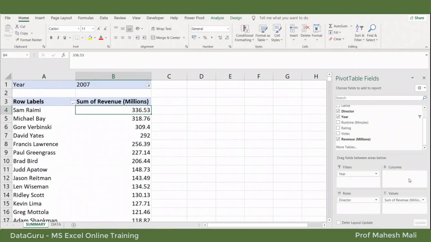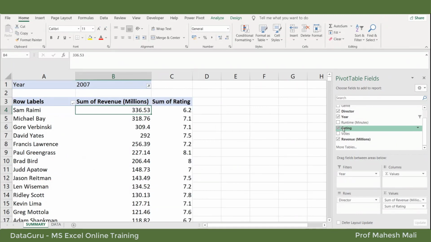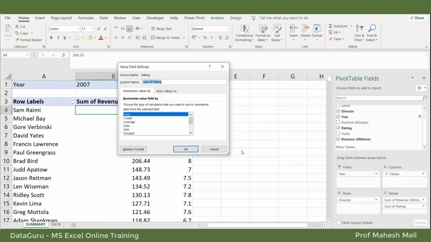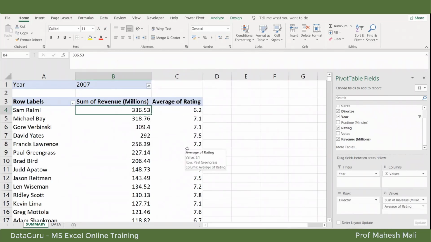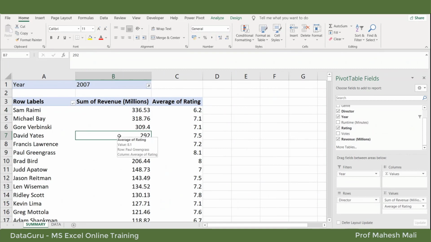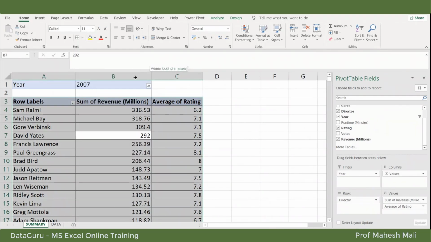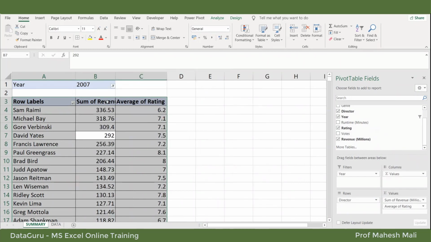If I want some other column to be printed, maximum ratings or something, you can add that also. So I'll add one more column of ratings, and I will not show the sum of rating. Definitely, for ratings it should be the average rating, then only it will be more valuable. I'm formatting all these columns so that they look nice.